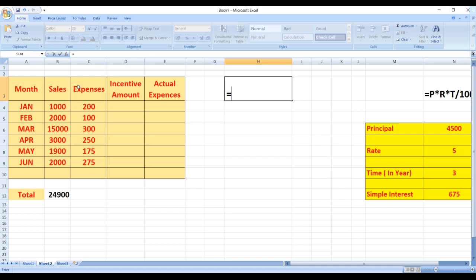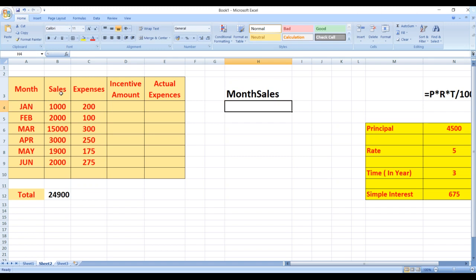Which two texts do I want? Suppose I want month and sales together. So what I'll do, I will mention it in the form of a formula as equals to, I'll select the cell reference of month and I'll press and, and I'll go to the next cell reference, that is sales. So I want A3 and B3. So if I want to combine the two cell texts, I'll mention equals to A3 and B3.